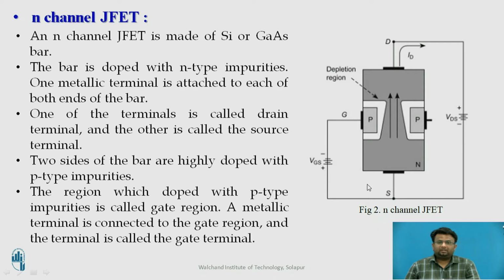So the gate to source voltage applied is VGS and the drain to source voltage is VDS. From the figure you can see that VDS has its positive terminal connected to the drain and the negative terminal connected to the source. Because of that, the n channel path is forward biased. The gate terminal is connected to the negative terminal and the source terminal is connected to the positive terminal, and because of that, these PN junction diodes become reverse biased, and this creates a depletion region which is shown by the white figure.